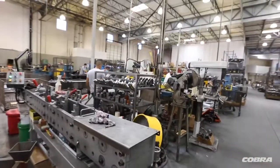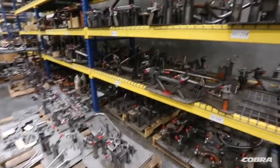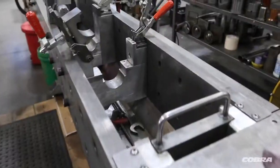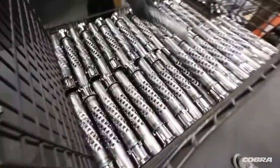Makes us kind of different than a lot of other companies, especially in Southern California, is we can manufacture our own tooling. We've got the talent through our engineers and R&D guys that we make all of our own stuff. So any of the pipes that have different shapes or need different shapes, we go ahead and make the tooling